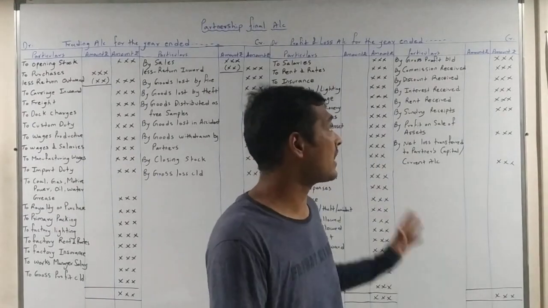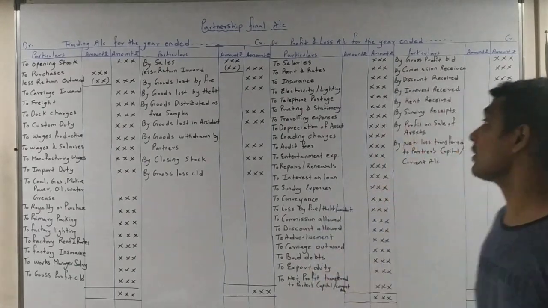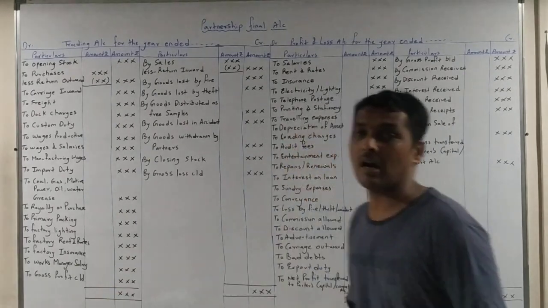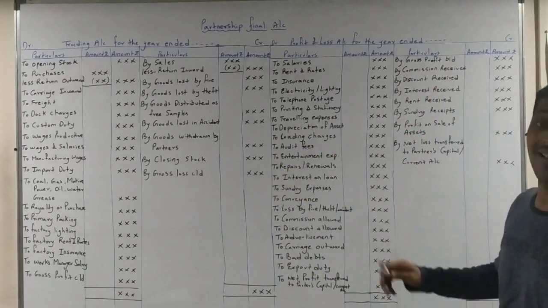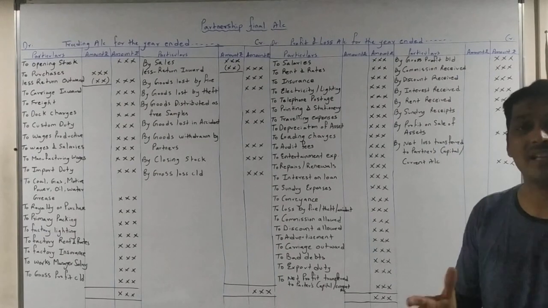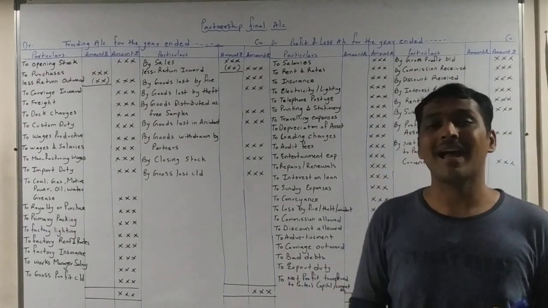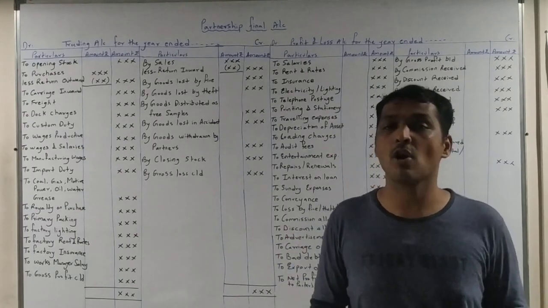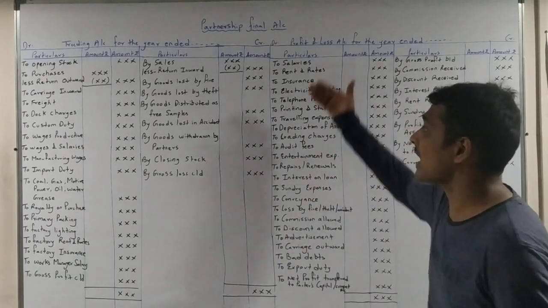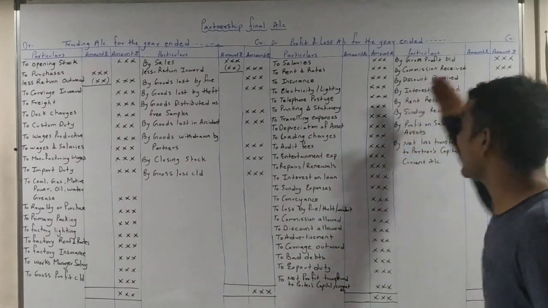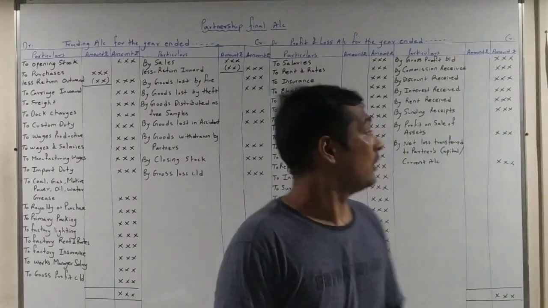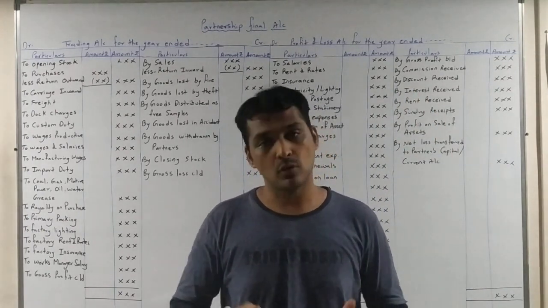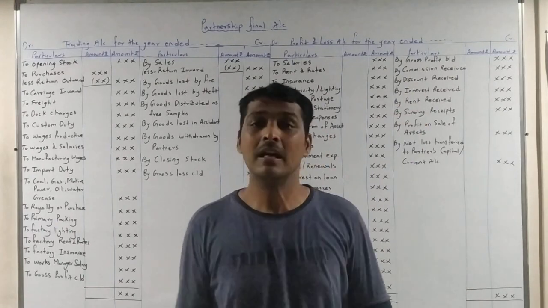Now let us understand the credit side of profit and loss account. The first item is gross profit, which comes from the trading account debit side. Then commission received. Indirect expenses and indirect income are recorded under profit and loss account. Indirect expenses are recorded under the debit side. Indirect income is recorded under the credit side. So commission received is an indirect income and it is related to office. That's why it is recorded under the credit side.